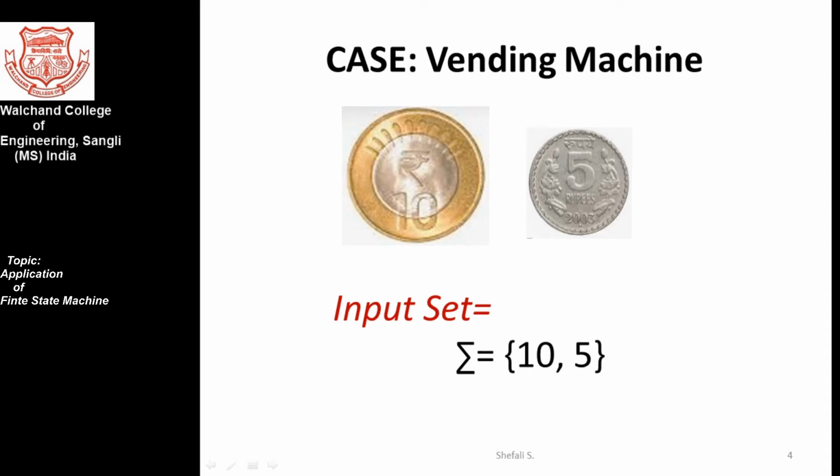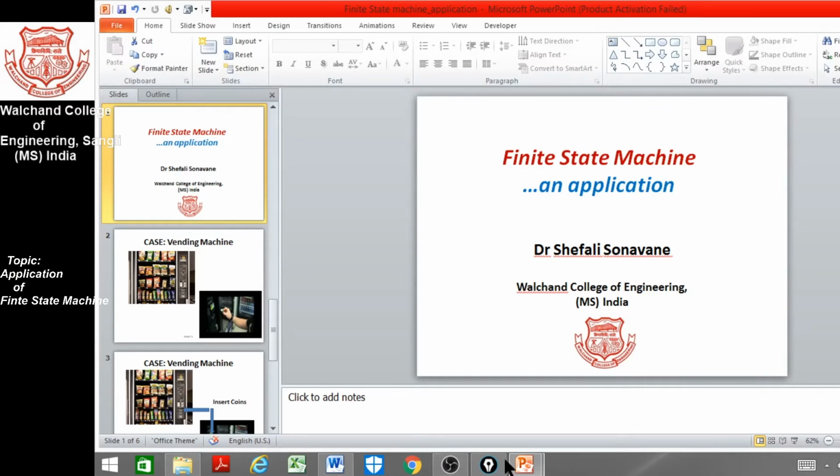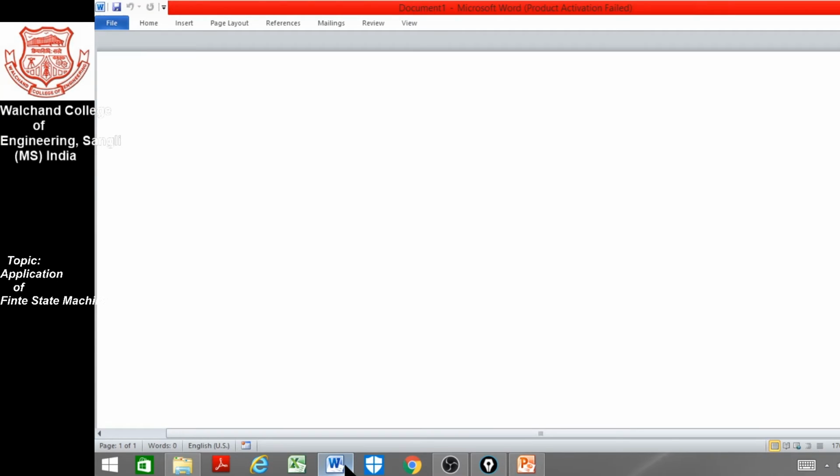We need to find out in what way the process can be carried out. For that purpose, let me use some graph representation. The graph can be drawn in a way that initially we start with a certain condition, and let that condition be given with an arrow. Let the arrow be represented here, which is the initial condition without any input. There are two possible inputs. That means either I have 10 rupees with me, or I may have 5 rupees with me.